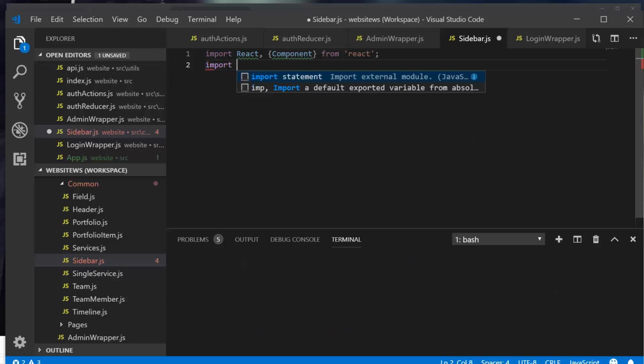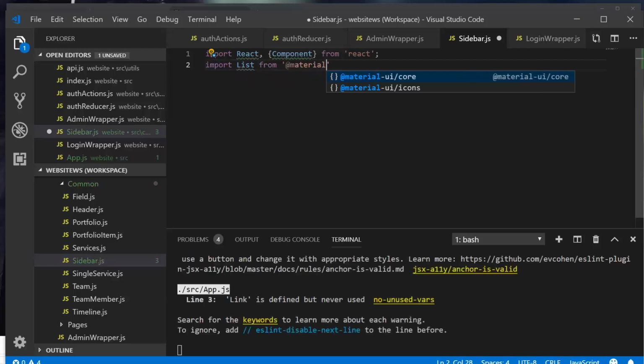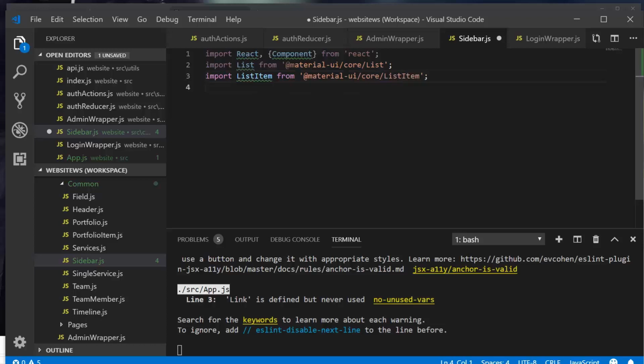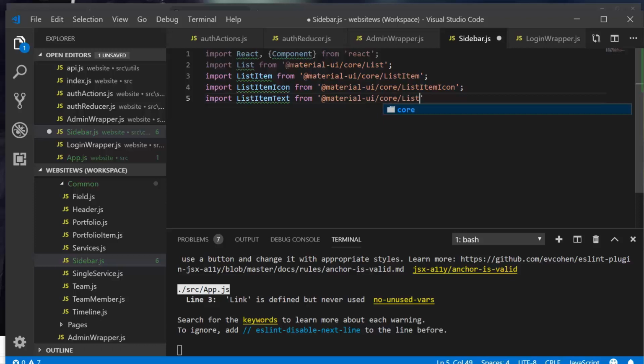Alright, so let's go ahead and import list from material-ui core/list, import list item from material-ui/core list item, import list item icon from material-ui/core/list item icon, list item text from core/list item text, and then